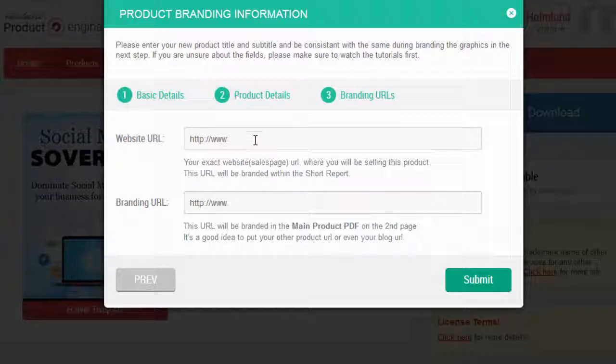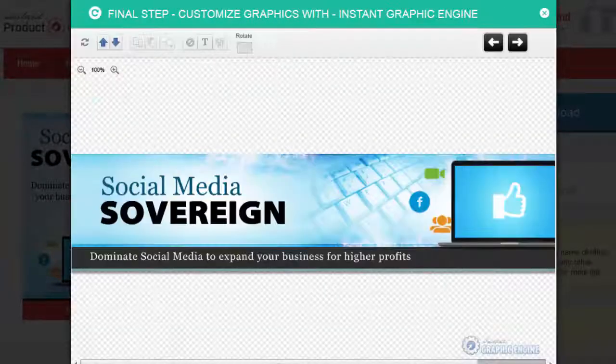It's easy. So for now, I'll just use instantproductengine.com. And I'll click Submit. And as you can see, it says Final Step, Customize Graphics with Instant Graphic Engine. The Instant Graphic Engine is a part of the Instant Product Engine, and it's incredibly powerful. What we've created here is a point-and-click interface where you can actually customize the product graphics with your own product